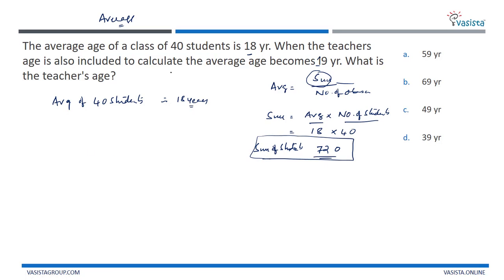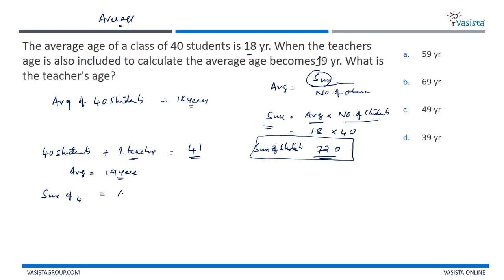Now let us check out the one more case, that is when the teacher's age is also included. The average age becomes 19 years. Now we already have 40 students, right, plus one teacher. Now the total number of people is 41, right? Now their average becomes 19 years. Now let us find out, based on this, the sum of the 41 people, that is 40 students plus one teacher,